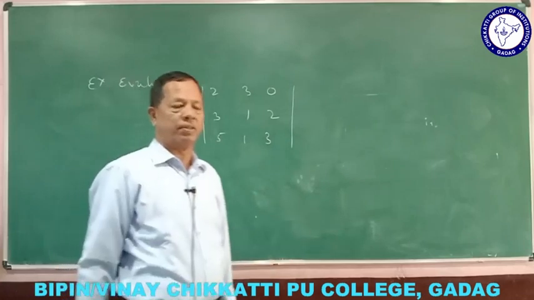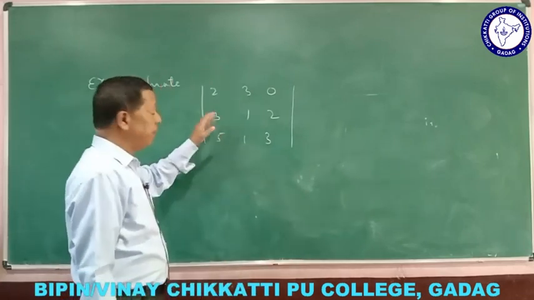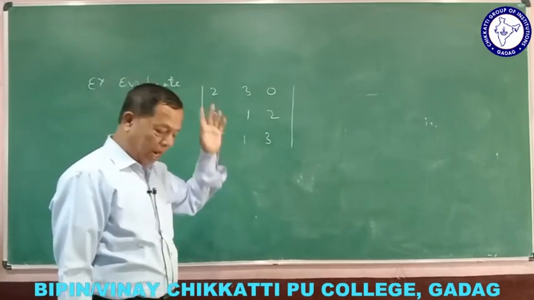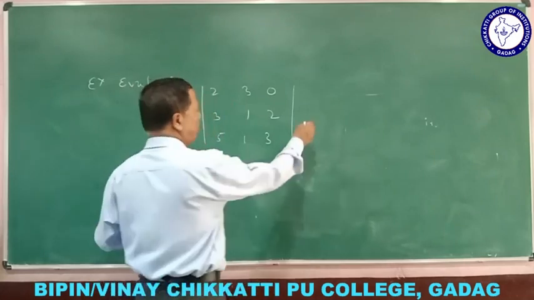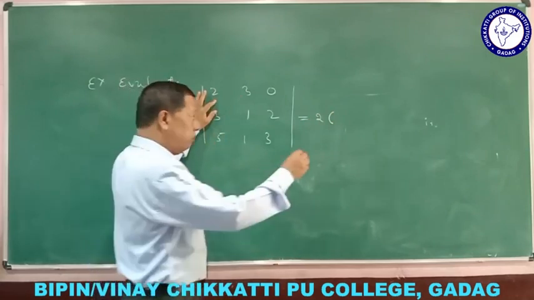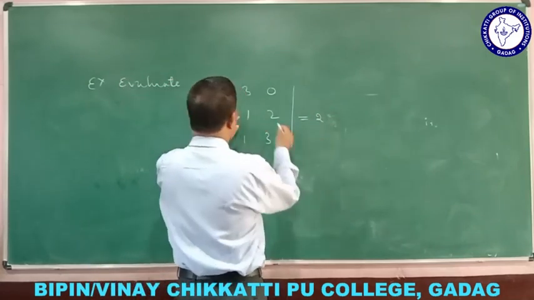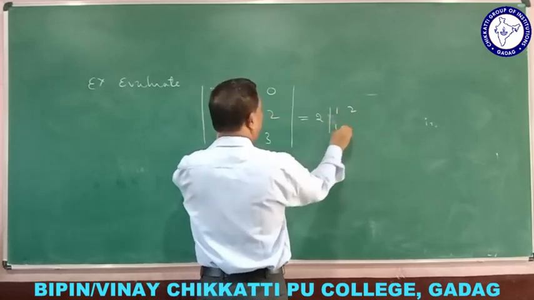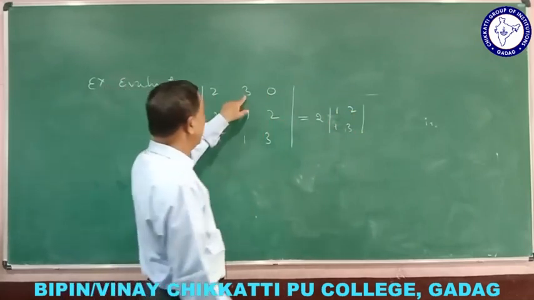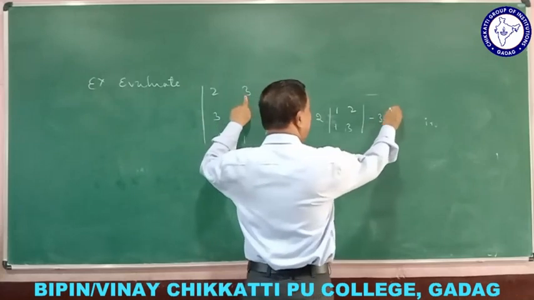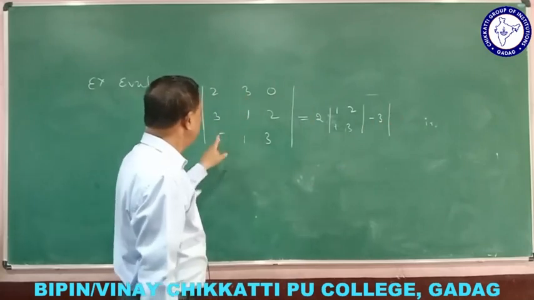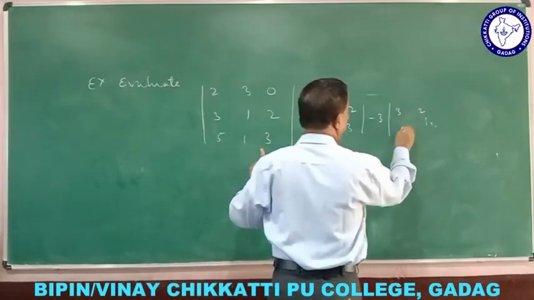Yes, you have to expand this. And now you have to tell along with what you are expanding: along the first row. Why along the first row? It is convenient. This is equal to 2 into bracket. I told you, not 2 into bracket. Some textbooks do it with 2 into bracket. What else remained? 1, 2, 1, 3 remained. One step is an unnecessary exercise. And here, what are we to write? Minus 3 determinant. Minus 3 means what? Here you have to leave this. 3, 5, 3.